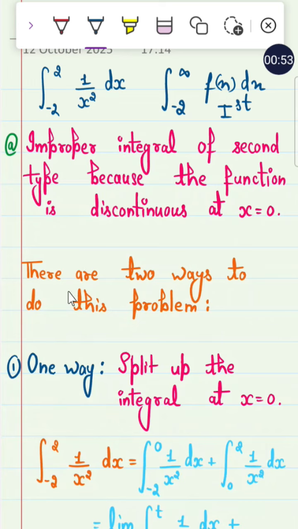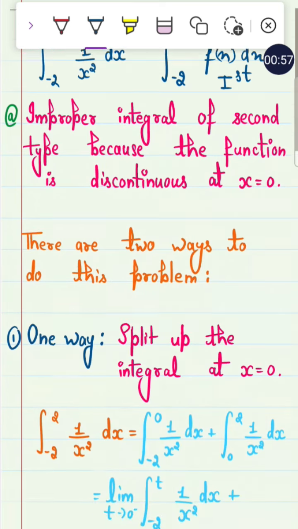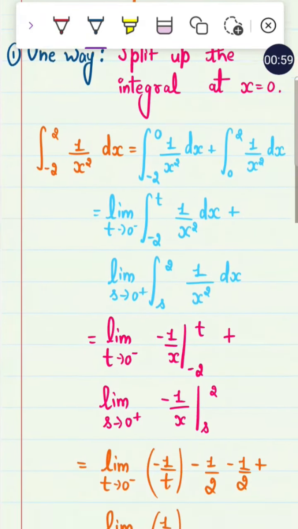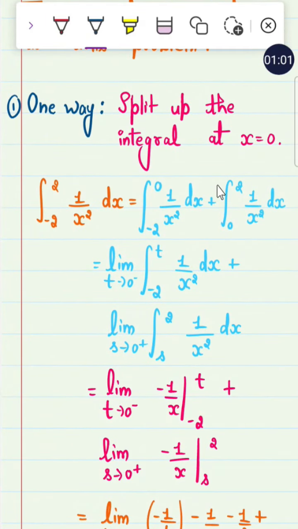Now there are two ways to do this problem. First, how do we prove that this integral is convergent or not? So first split it up at x equals to 0. The integral from minus 2 to 2 of 1 over x square dx, as it is discontinuous at x equals to 0, so split it up in 2: minus 2 to 0 of 1 over x square dx plus 0 to 2 of 1 over x